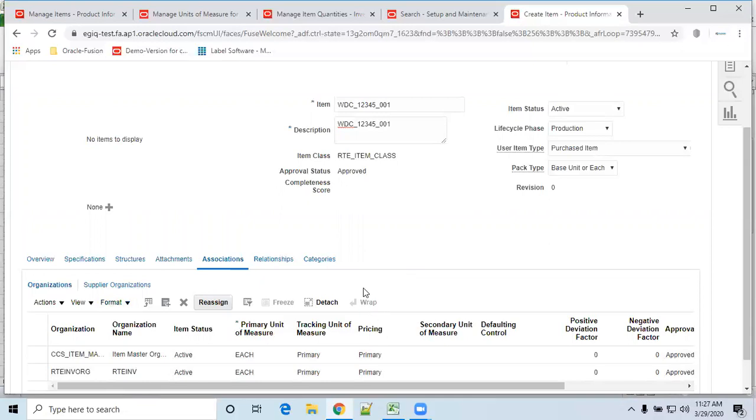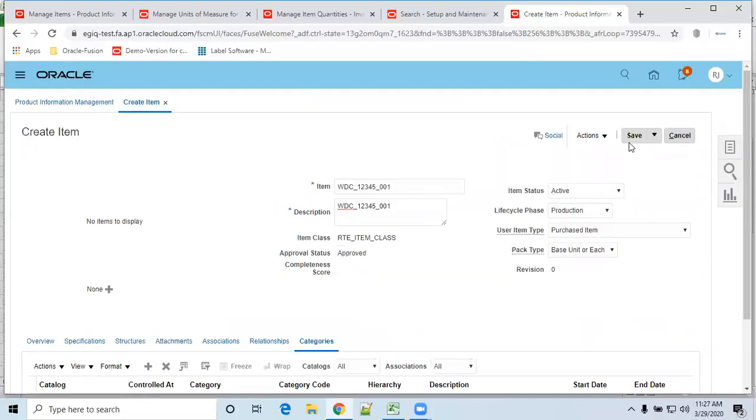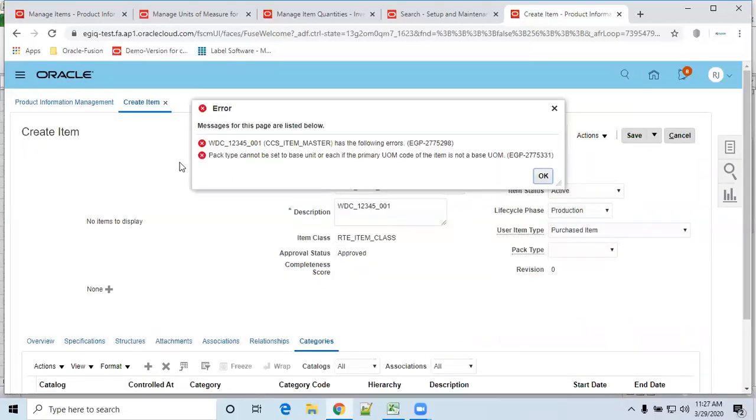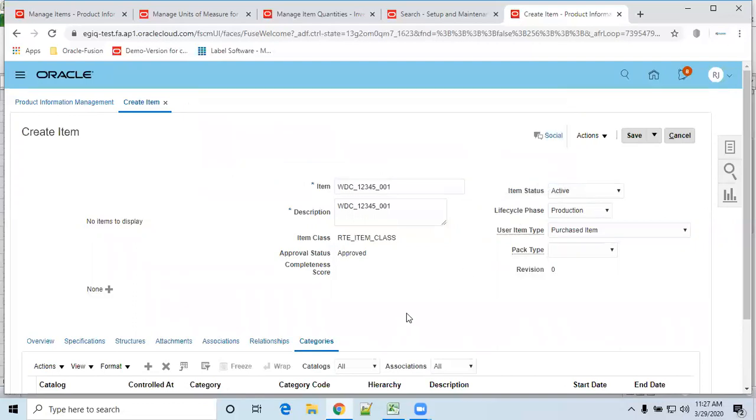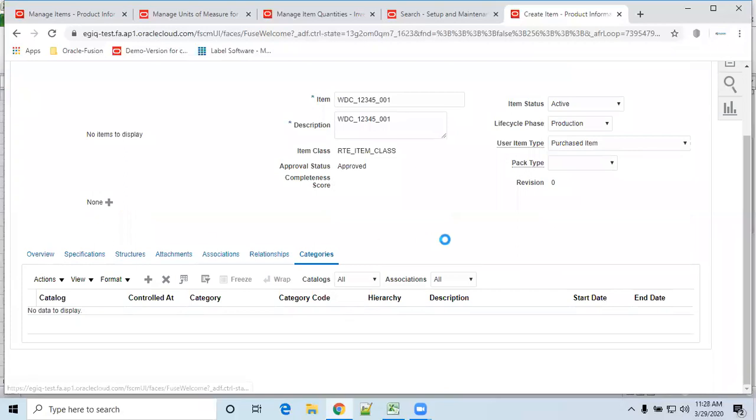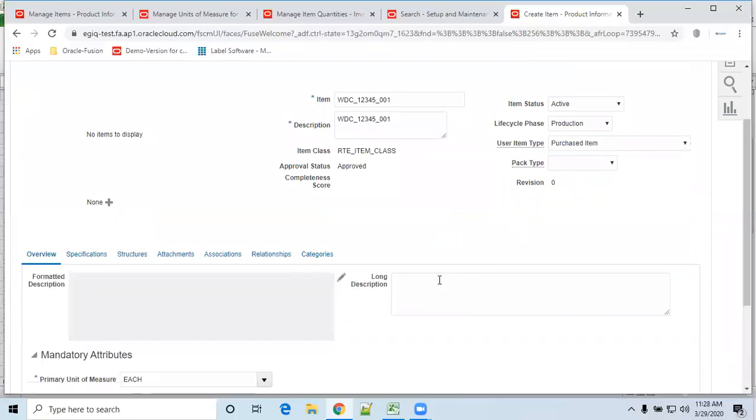Now I created it. The category: once you save, automatically the system will pull it. Package type cannot be set to base unit. What is the issue here?